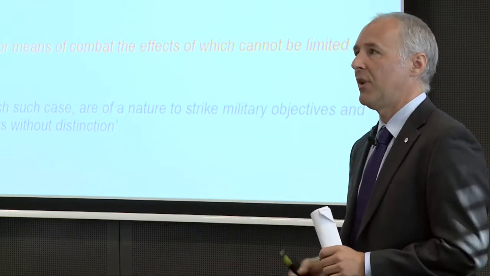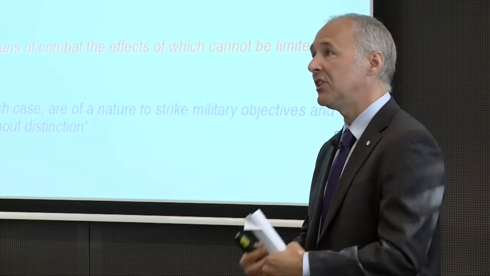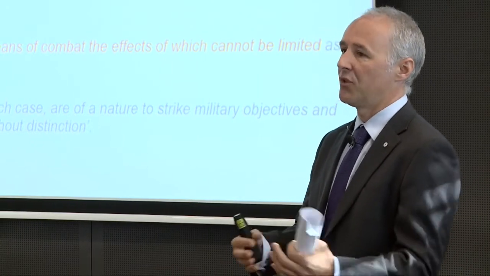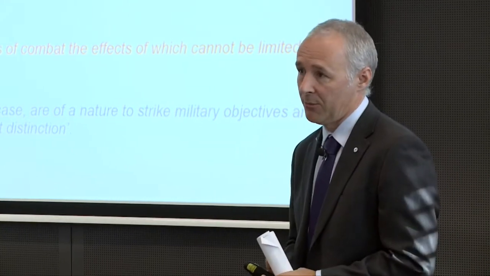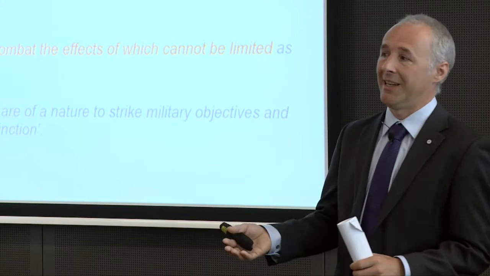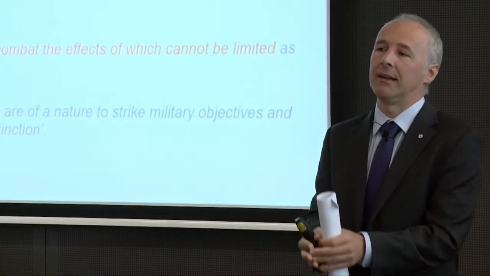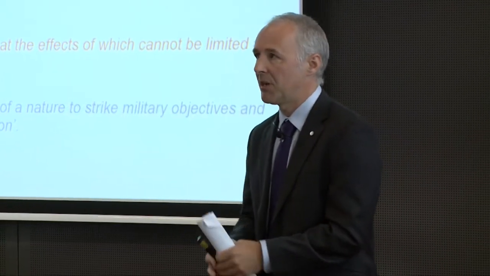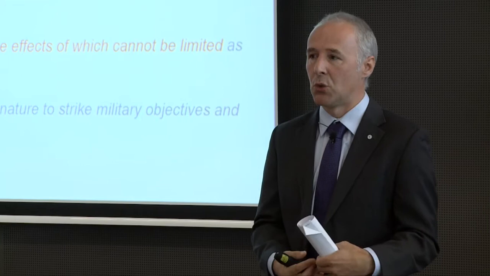But the prohibition of indiscriminate attack also prohibits using methods which, in the circumstances of the use, cannot be directed or whose effects cannot be limited, even if they could be used lawfully in other circumstances. One example: Scud missiles could be used in the deserts against a tank formation, but they cannot be used to attack a military objective in the middle of the city because they cannot be directed at a specific military objective in the circumstances of the use.